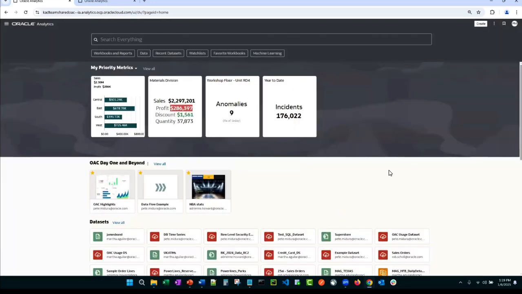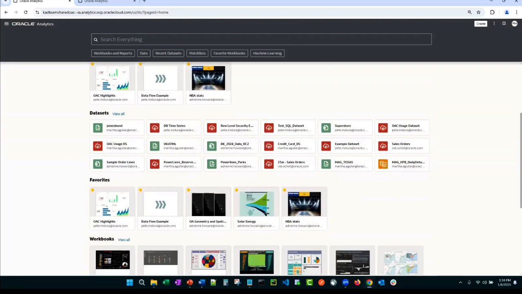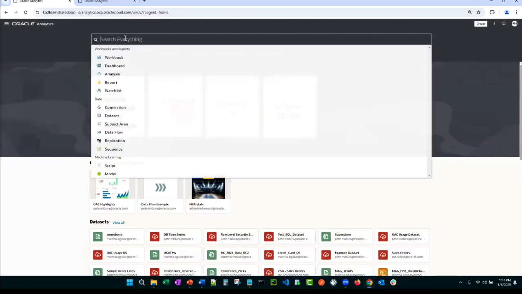So really, this is just designed to help you organize and quickly access any of your work products within the platform. So let's jump back up to the search. At first, it's a basic search. They can search for any object they have access to within the platform. So let's start and let's search for attrition.